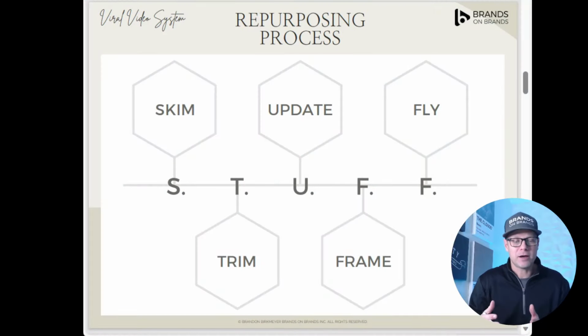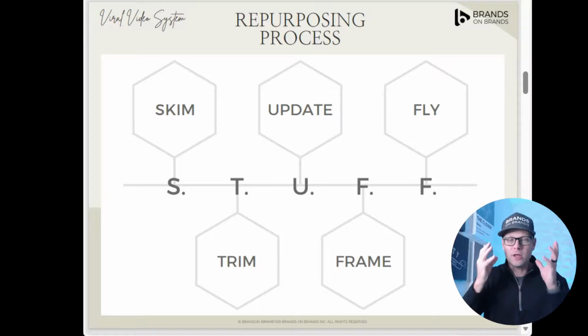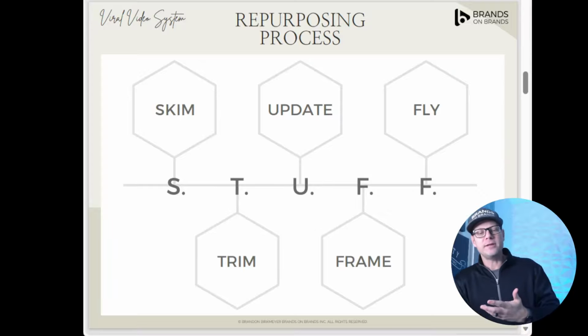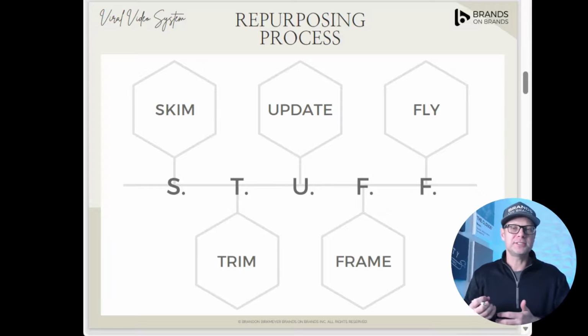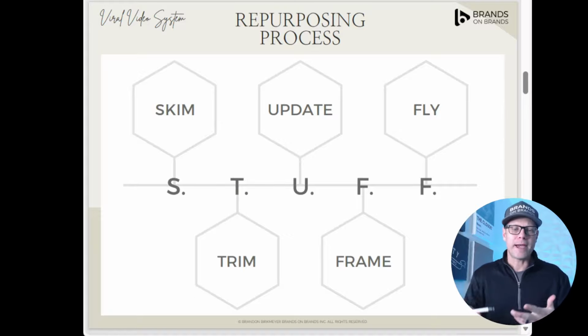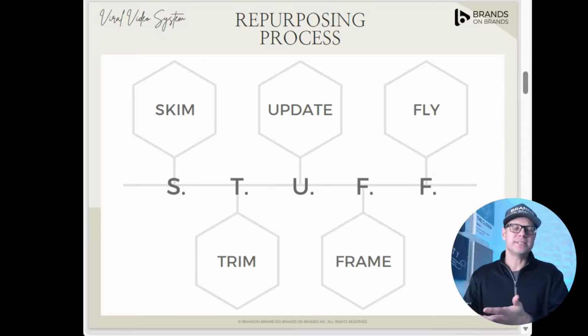So skimming content is the first piece, and then trimming the things you find down to just 1-minute clips that you can pull out and do some editing to. That third step is update. After you've done skim and trim, then you're going to update it, which is just little corrections. This is going to be fixing words if they need to be fixed. This is going to be fixing typos or little grammatical problems. This is going to be slight edits, anything you're going to need to make this presentable.